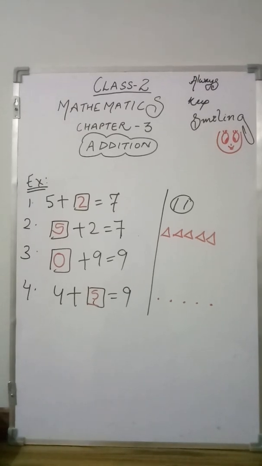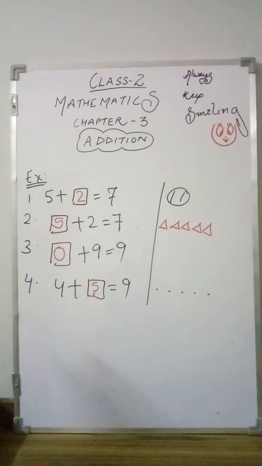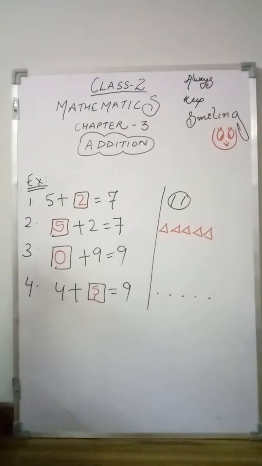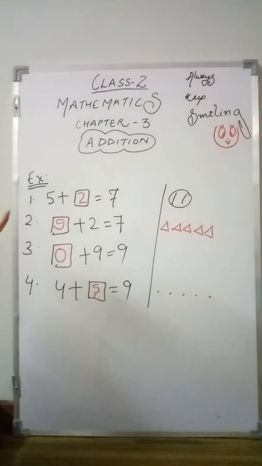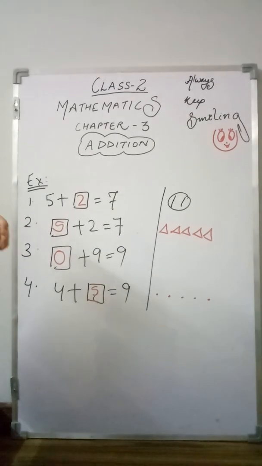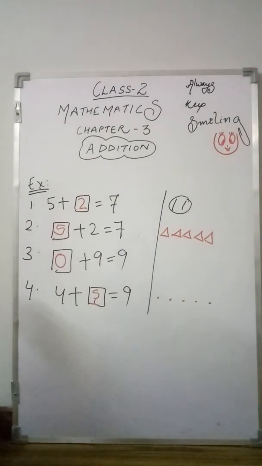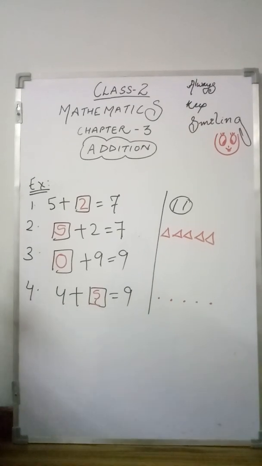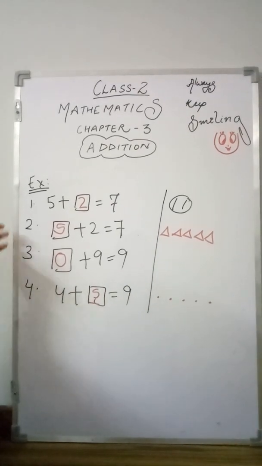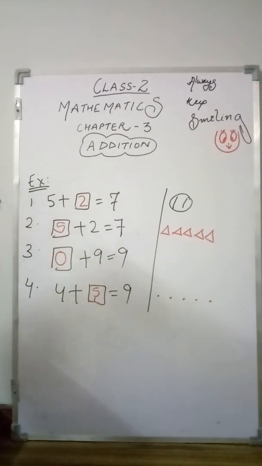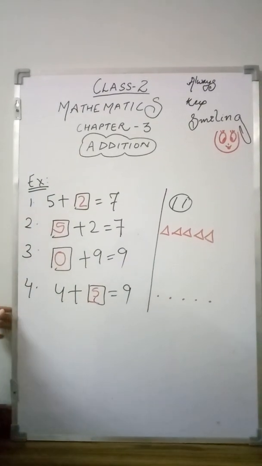I hope you understand this topic. I hope, students, you understood all the topics that I have explained today. So let's recapitulate. I have explained the turnaround method, that is also called the order property. The second one is addition of 0 to any number, where again the answer is the number itself. And the third one is making a pair of any number. If any number is there, you can make the pair by counting the digits. I hope you understood all the 3 topics.